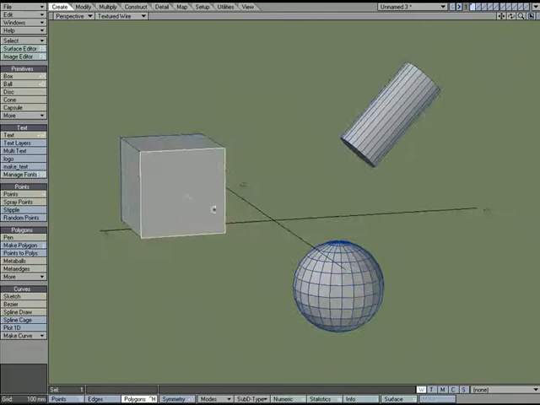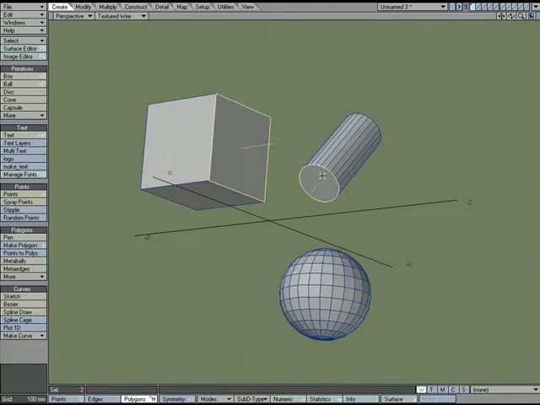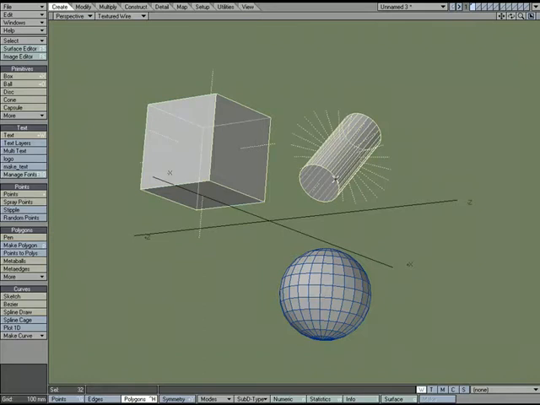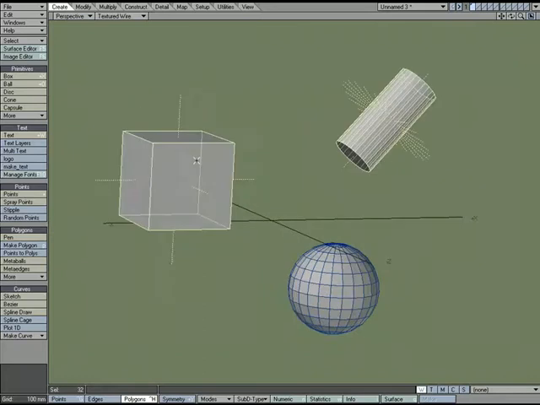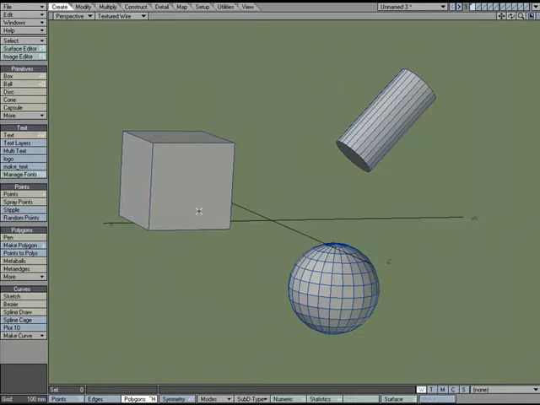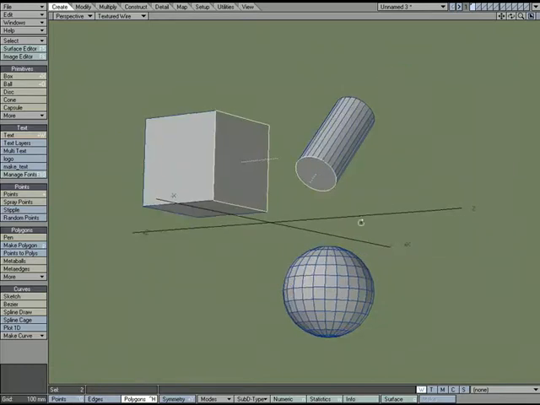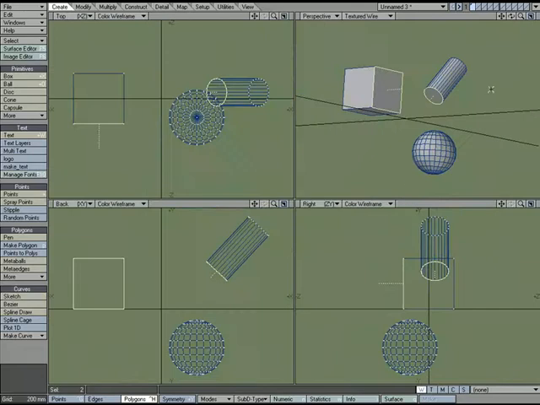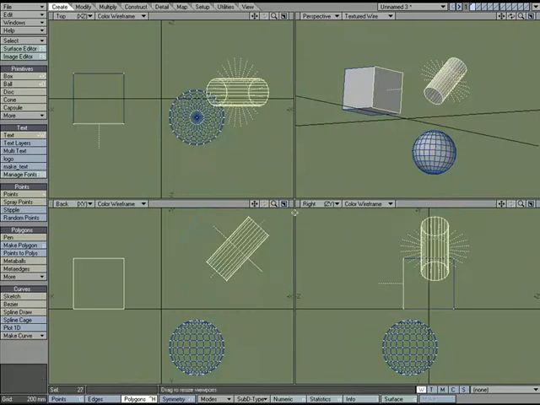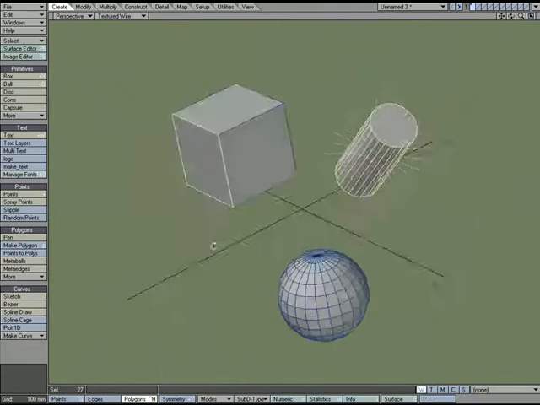So with this polygon selected, I'm going to select another polygon. This is going to be the basis for the rest of the geometry. I hit select connect and it grabbed the ball as well, which I don't want. So I'm going to grab the polygon again, select this polygon, and then lasso select the rest of the geometry. I don't want to select any other polygons on the face of this box.